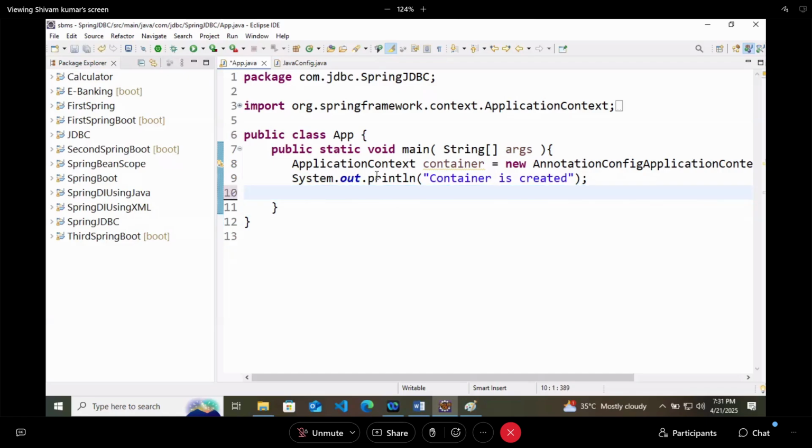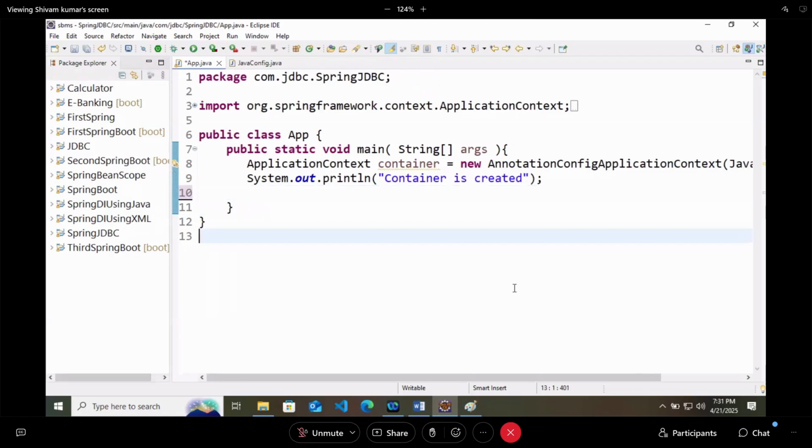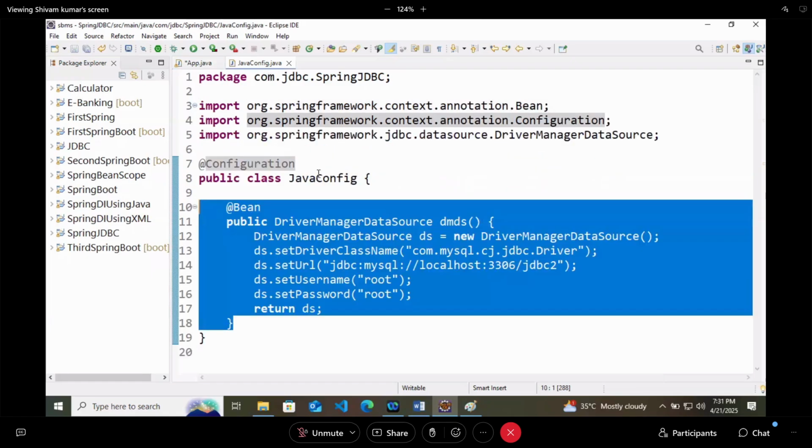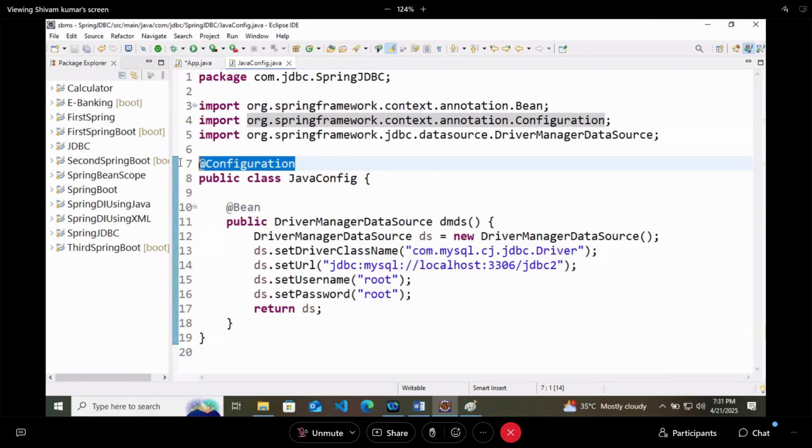At first I am writing this part: ApplicationContext container equals new AnnotationConfig. Why annotation config? Because we are not writing XML. We are not writing any DTD.